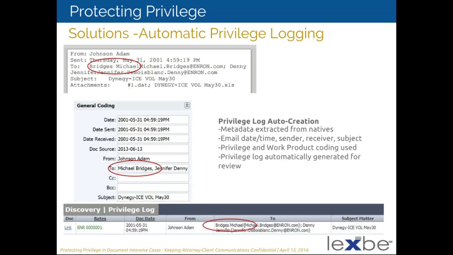Another important thing of a modern eDiscovery system will be automatic privilege logging, and here this takes the metadata from the natives, and these are automatically fielded into the system, into the database. So the important standard privilege log fields, the document date, who it's from, who it's to, what the subject matter is, etc., will be pulled out and put into metadata coding. And then an automatic privilege log that, subject to further editing by the litigation team, is generated, and that greatly speeds things up for getting a privilege log. And here are some screenshots of how that looks in our system.